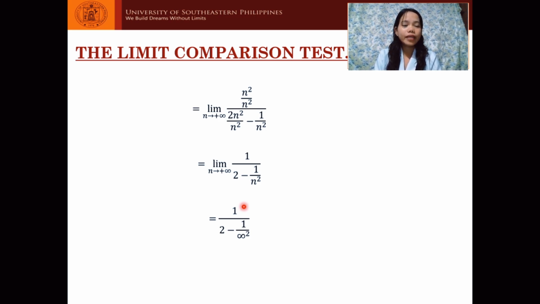It now became 1 over 2 minus 1 over infinity squared. So infinity squared is simply infinity, and 1 over infinity is what? It is 0. So we have now 1 over 2 minus 0 equals 1 half,